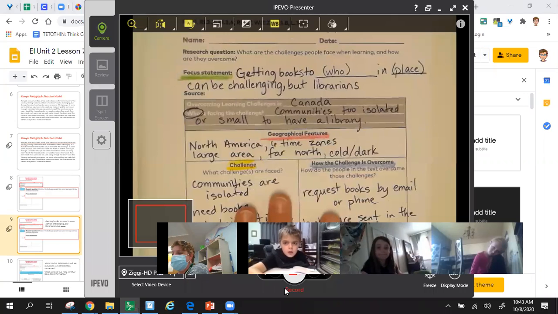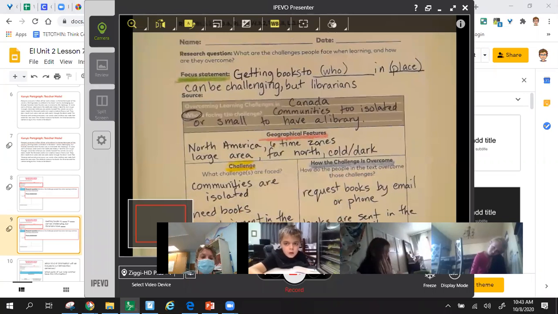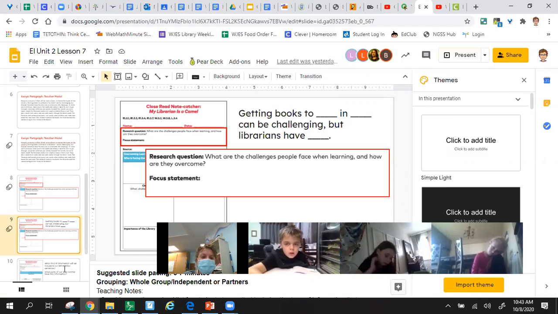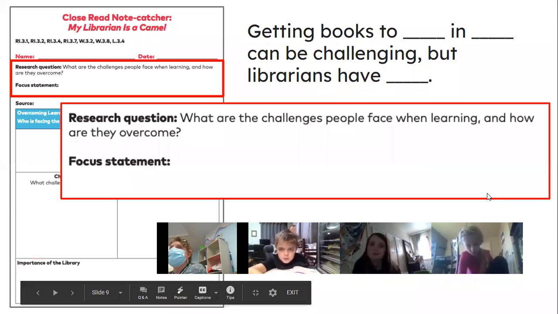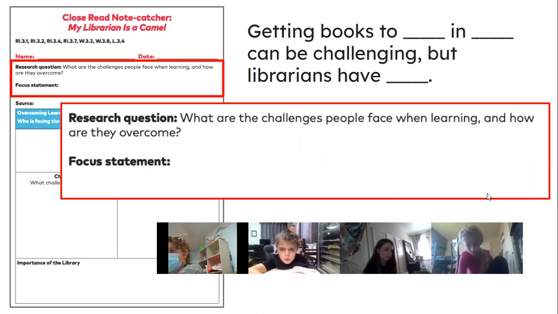No? All right, let me go one more time. My friends who are having trouble seeing, I want to make sure I have it as big as possible for you. How's that? Is that better? Okay. Getting books to who? In the place. Can be challenging, but librarians